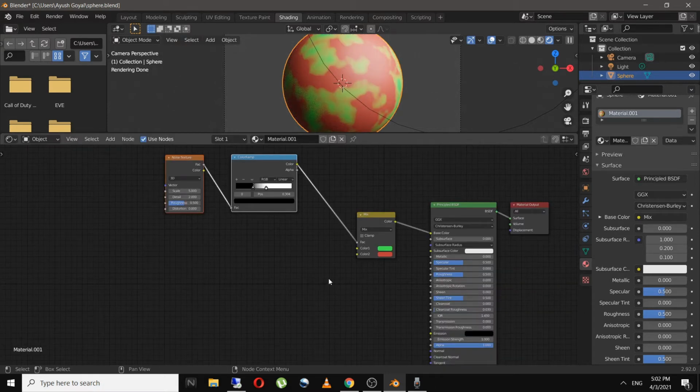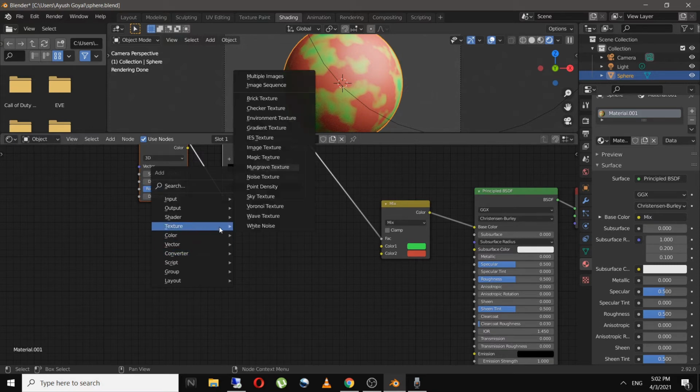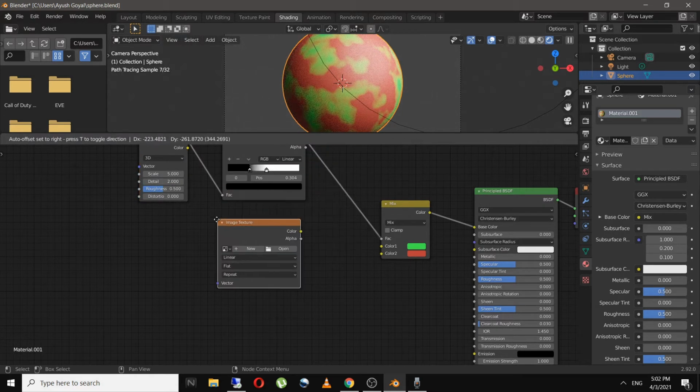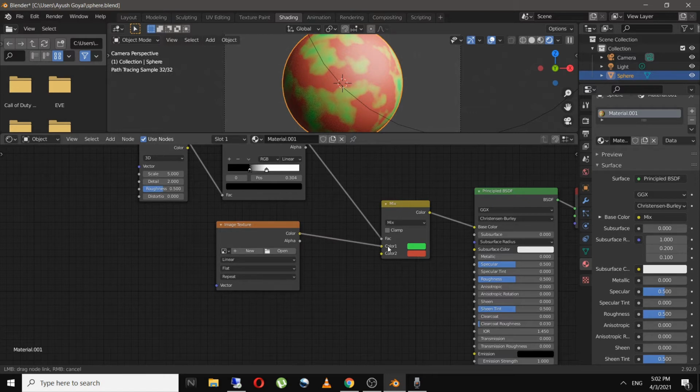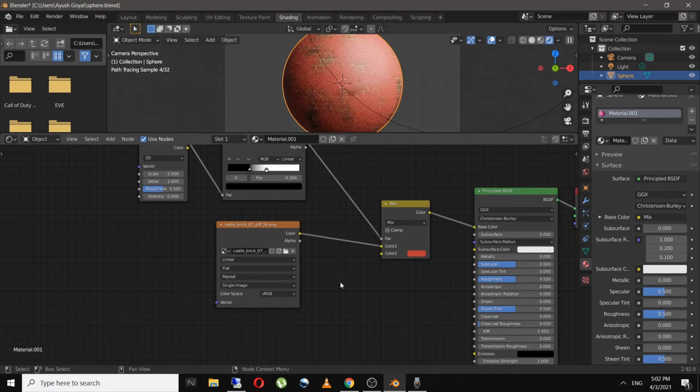And now if I add in two different textures over here, this will be reflected on our sphere. So let's see that. For that I will add in an image texture like this and connect this color to color 1 and click on open and select the first texture as this castle brick. So as you can see, we have the castle brick now.